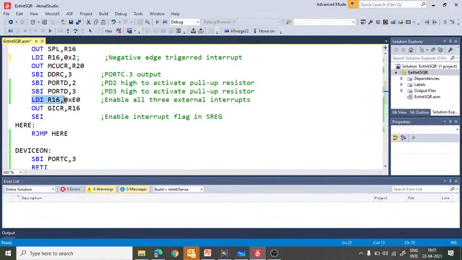Then LDI R16, 0xE0. E0 means, as all of you know, 1 1 1 0 and 0 0 0 0. So this one corresponds to interrupt 1, this one corresponds to interrupt 0, and this corresponds to interrupt 2. So all three external interrupts we have enabled by this instruction.